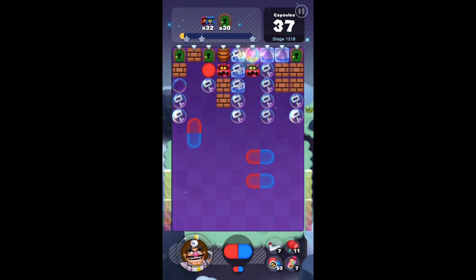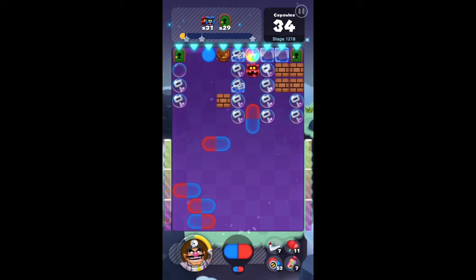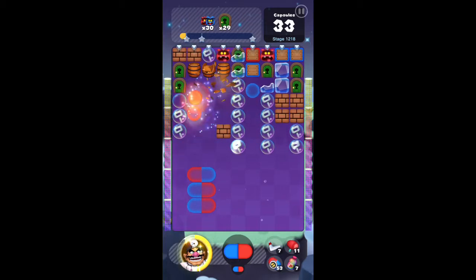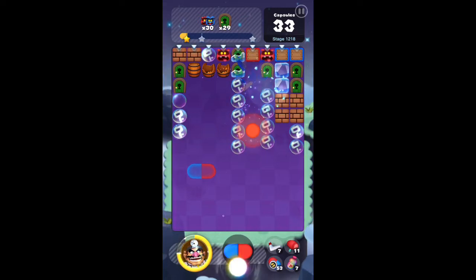And then colored crates are going to start getting implemented, so make sure you are doing well with that stuff. I was planning on this one being a red colored crate because that's what it had always been, and this time it ended up being blue, so I had to go back in with another blue capsule here in just a second. Make sure to continually destroy